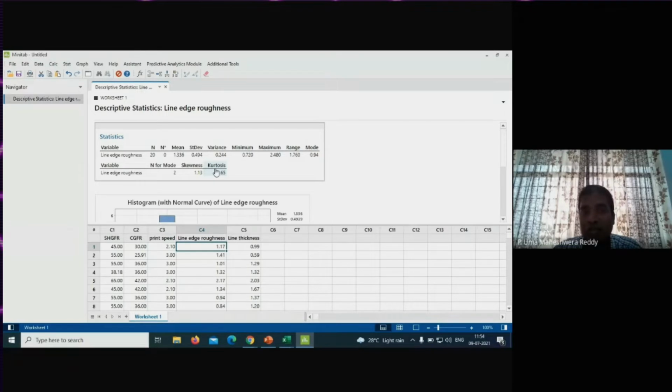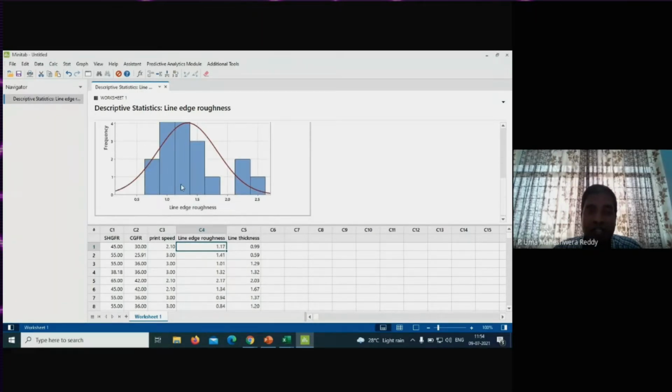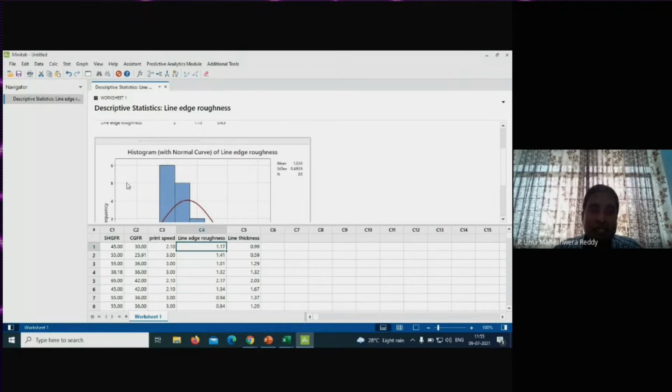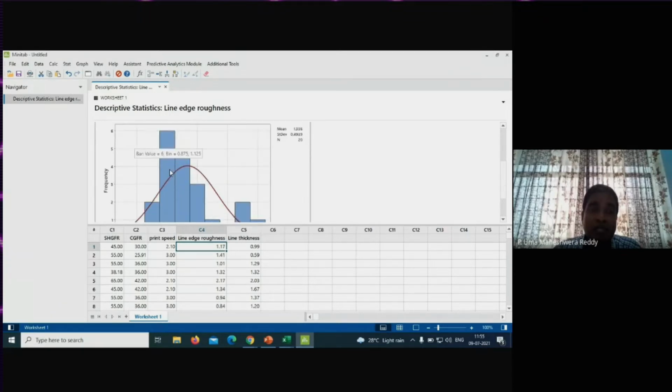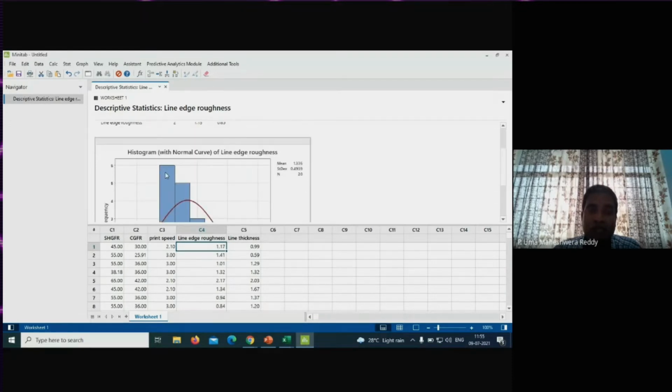to normal distribution. So next, if you present the data for this line edge radius in terms of histogram, you can find out the frequency. For example, if you put the cursor on this bar, the second peak bar, this is the peak bar. If I keep my cursor, you can see the value 6. The value 6 means the frequency is 6, and on the y-axis you have frequency, and that means there are 6 data points with value 1.0, or you can say like this.